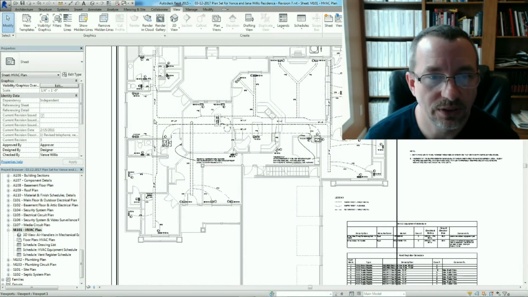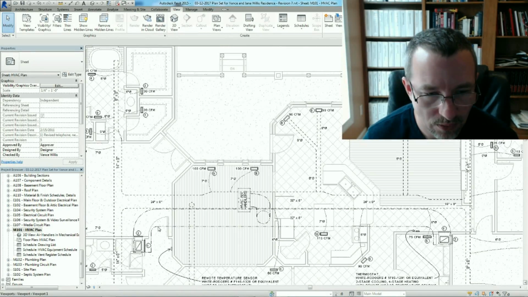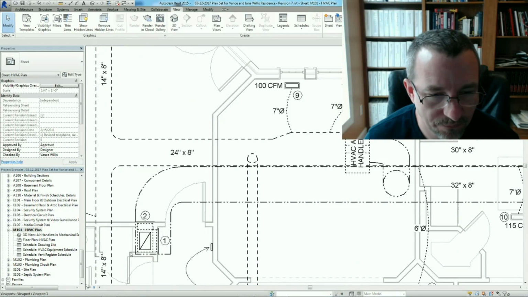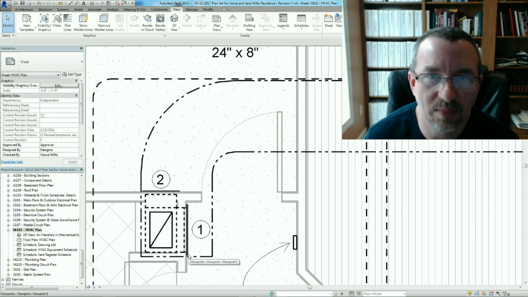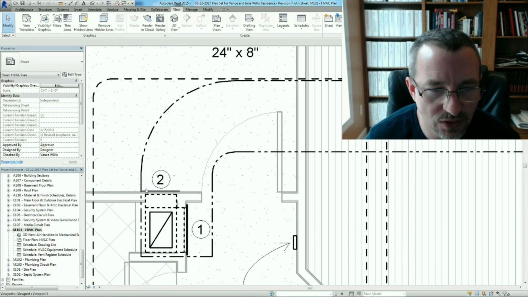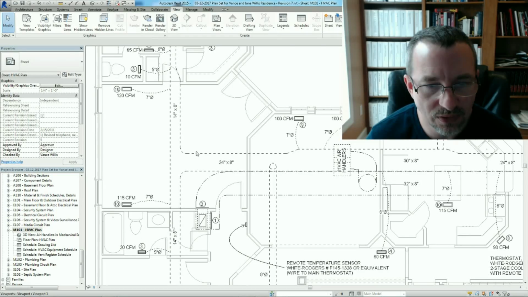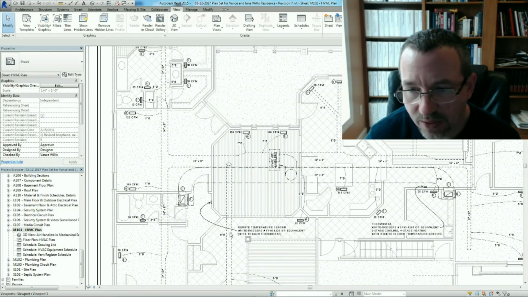So I did want to show you guys on the return air. So I was saying earlier that you can see this return air trunk goes the length of the house this way, and I'm going to zoom this in so you can see it. So what's going on here is this return air comes in, it comes up through the floor in this opening right here, and then on this wall there's a 20 by 25 register, and then on this wall I think it's the same height. So I think it's a 14 maybe by 25, so it's a smaller vent going into the master bedroom, and then this larger vent goes into a larger hallway area, opens all up into here,